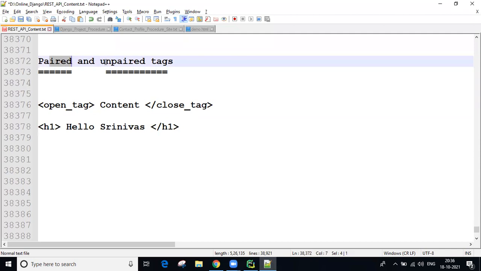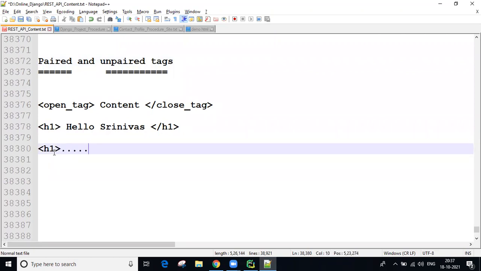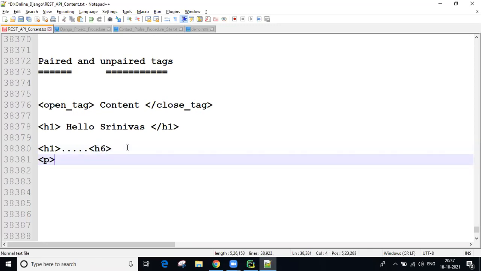And unpaired tags means only the open tag is there, no close tag. Right now, as paired tag examples you can see all H1 to H6 tags, and the paragraph tag, open and close required. We discussed the table tag previously, open table and close table, and inside it tr, td, th.